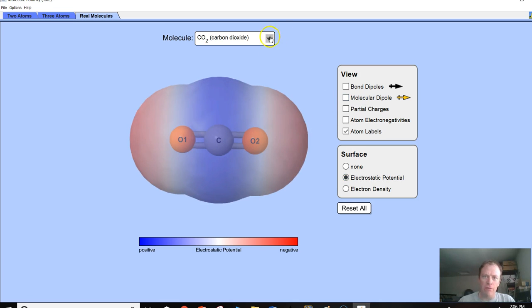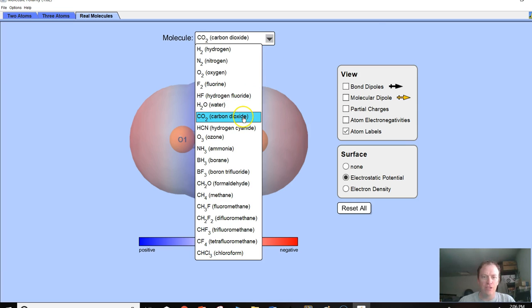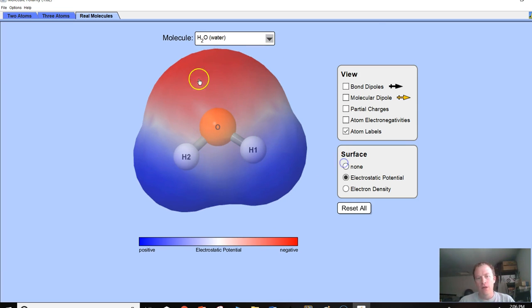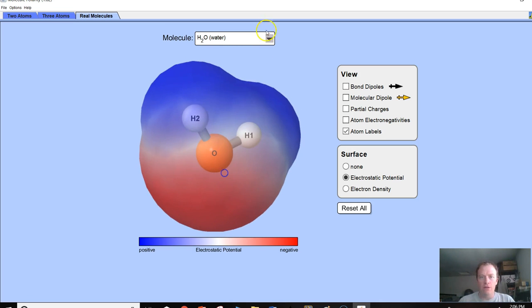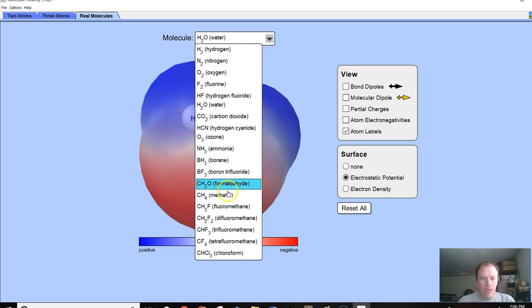It doesn't actually get poles. It doesn't actually get a true separation of charge like we get with water. Water, we have high electron density up here, negative, and low on the other side. Something like